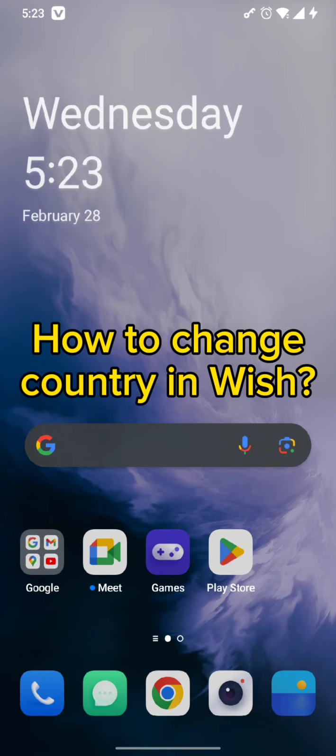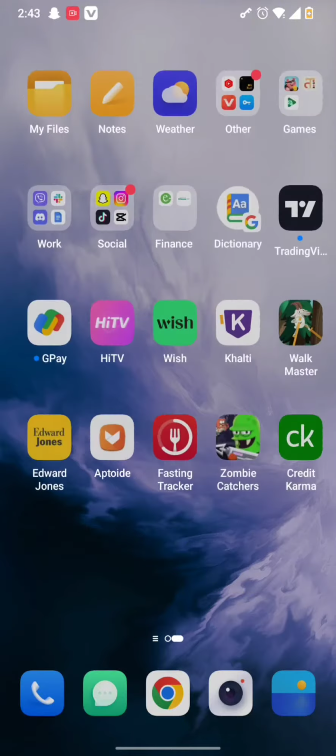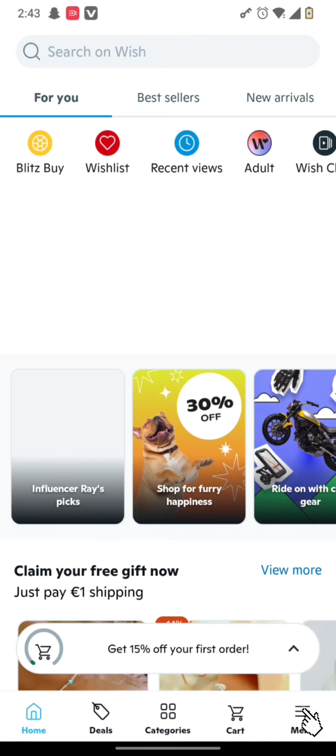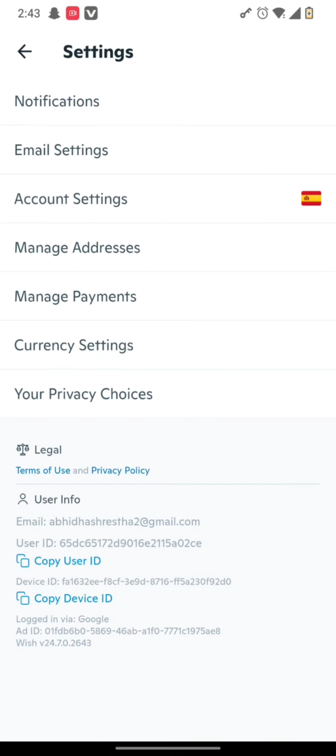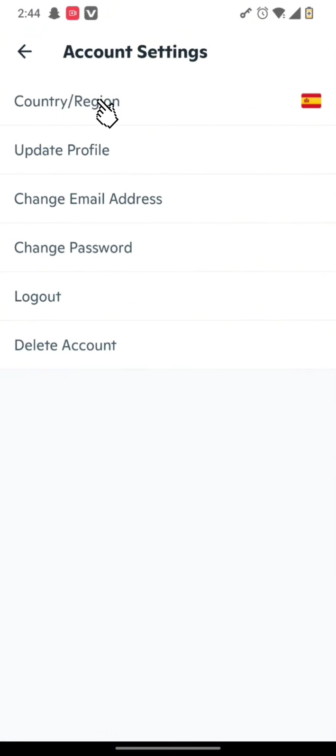First and foremost, all you need to do is simply tap open your Wish app from your home screen. So once you tap open your Wish app, all you need to do is now tap on the menu option on the right hand side. Once you tap it on, you need to now tap on the settings option. So once you do this, you need to now tap on account setting, and from there tap on the country